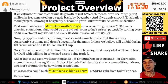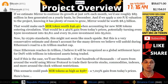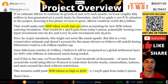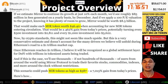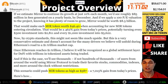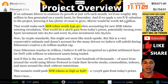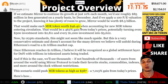And he says here, if we estimate Mirror to continue its growth at just 10% each month, we'd see roughly $85 million in fees generated on a yearly basis by December. And if we apply a 100 PE valuation to the project, knowing it has plenty of room to grow, Mirror would be worth $8.5 billion. So we currently look at where they're at. They're at 641 million. Okay, they're projected to get to 8.5 billion. Okay, that would make each Mirror token worth $46.50,